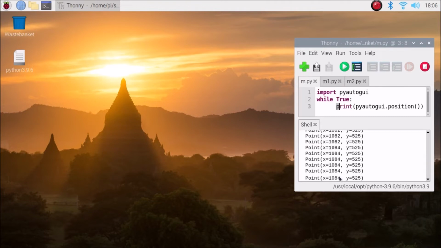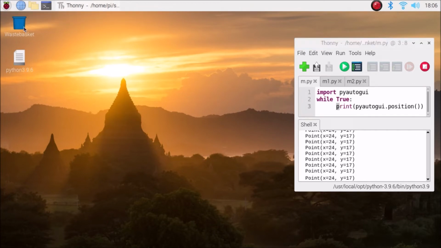So when I want to open the menu, simply you need to move the mouse here. As you can see, go there, and it says here what the coordinates are. Let me just show you here. As you can see here, it says 19 and 18. So suppose if you want to open the menu, you need to mention these x and y coordinates.